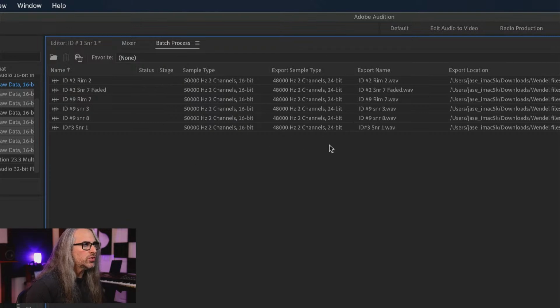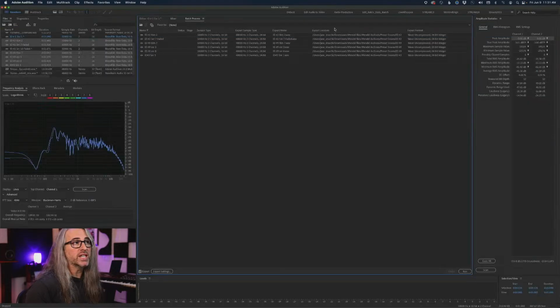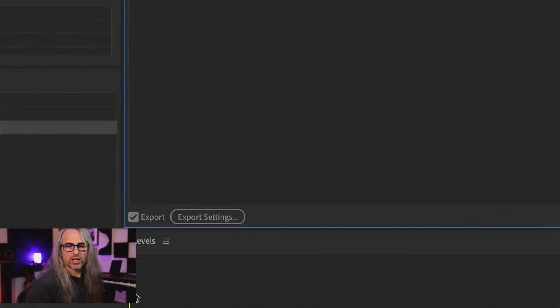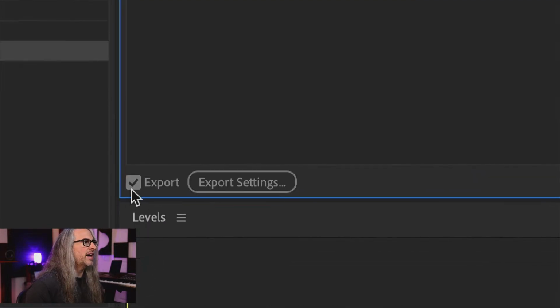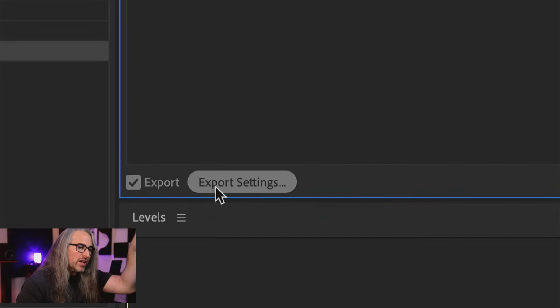Now, we can choose to convert this. We're going to do this in a moment. We're not going to do that right now. Export name, again, we can modify that if we want, and then export location, and then export format. The reason you're seeing a format change here is because by default, generally if you're batching, you're probably going to save as well, to either make all those changes and then save it, or make all those changes and save it to something else, right? So you can enable or disable that as you want.